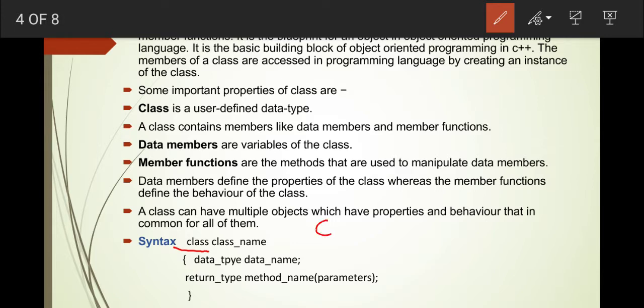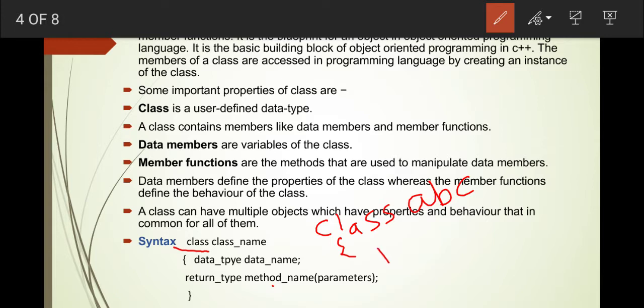For example, suppose I write a class name ABC. So class is a keyword, ABC is a class name, then one bracket is open. Then data type and a data name. Whatever data name we provide, that is nothing but a variable, and those variables are the data members of a class.